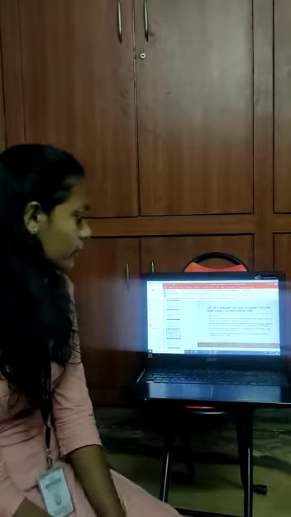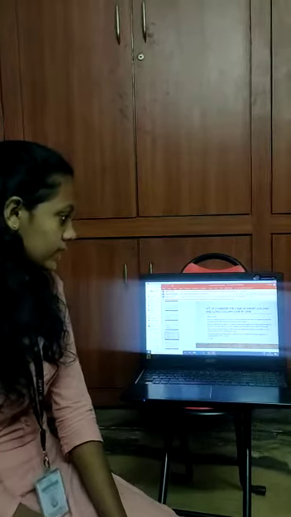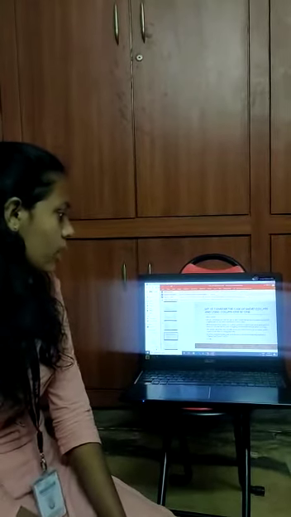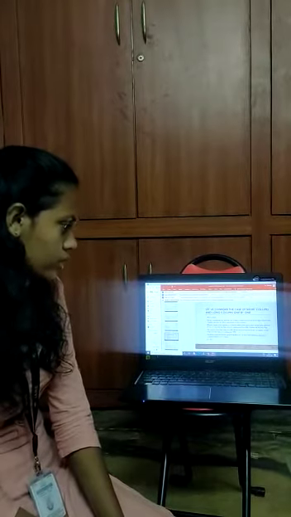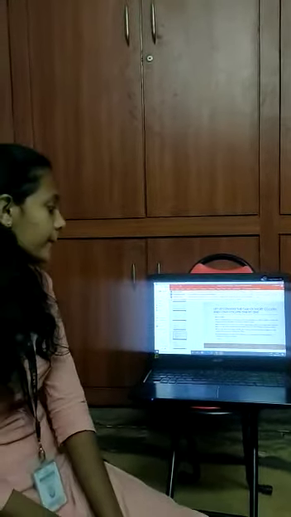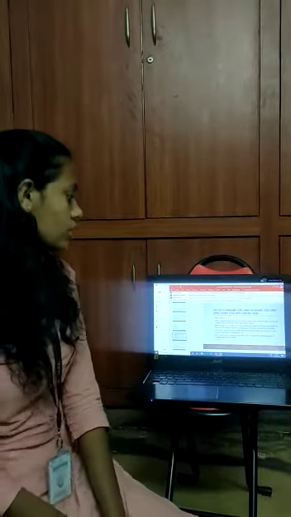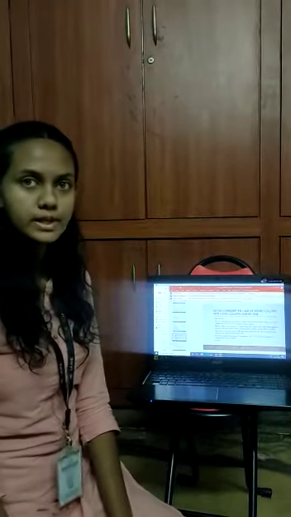Recall the empirical formula given by Rankine. We can write the following equation of crippling load for short column. So Rankine's formula for crippling load, and that too for short column, is capital P is equal to PC.